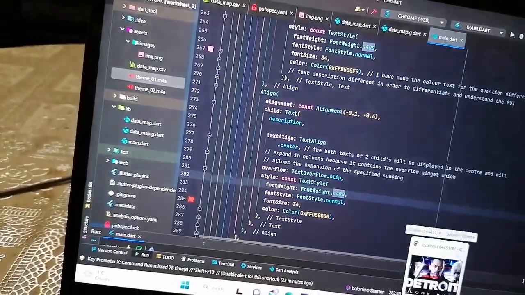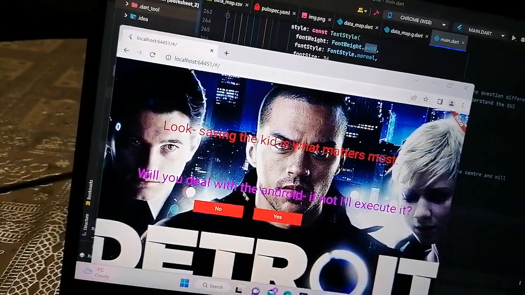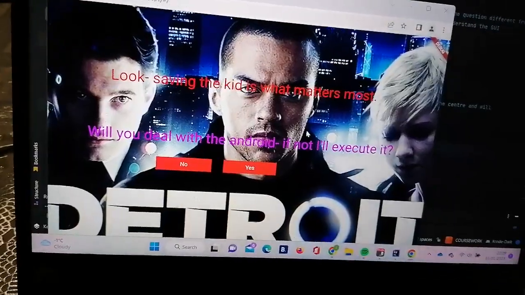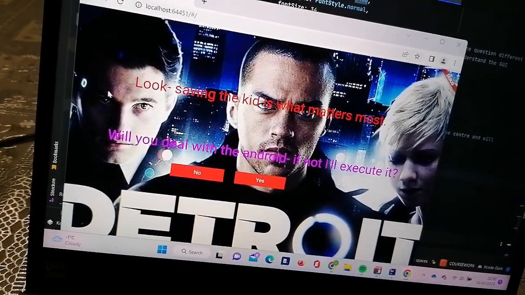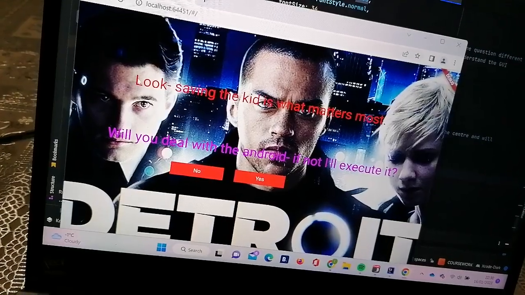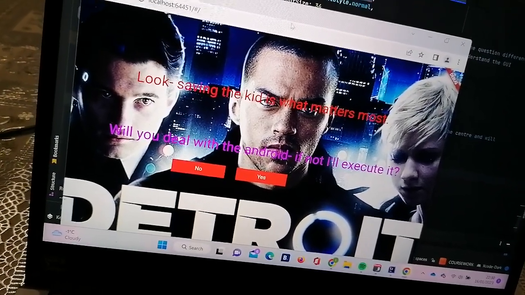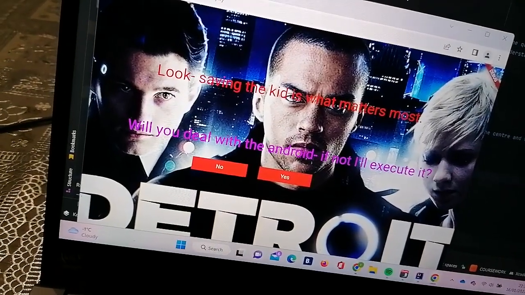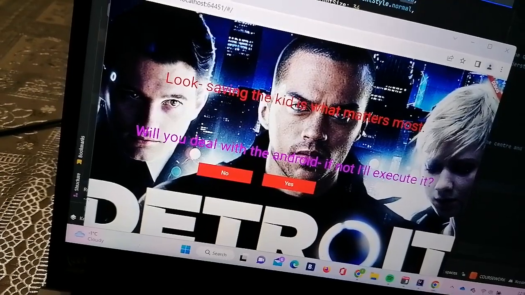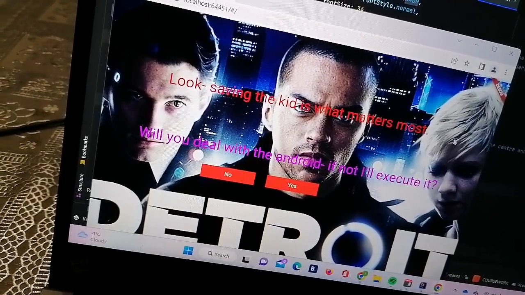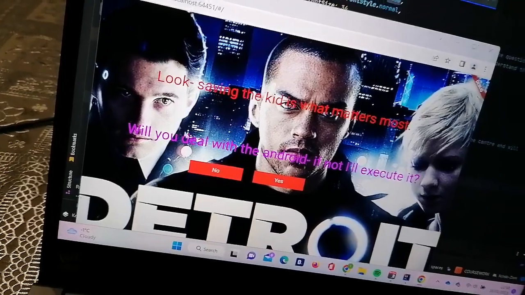So its size is 34. You can see it properly now. Yeah, it's 34 for both the description and the question. Font weight is 400, and the style is normal, so you can read it